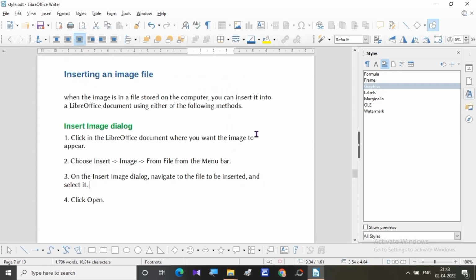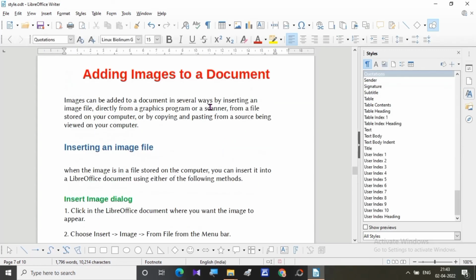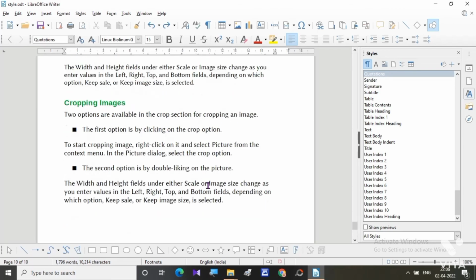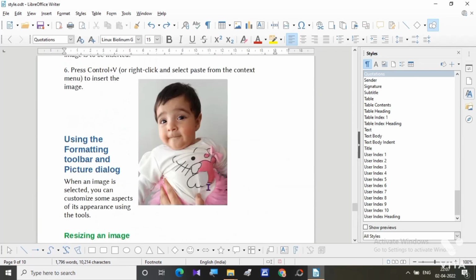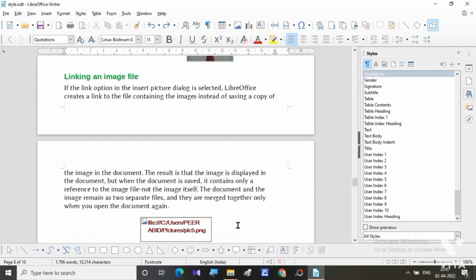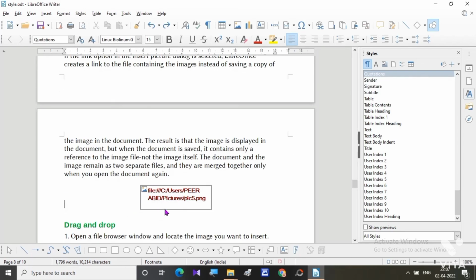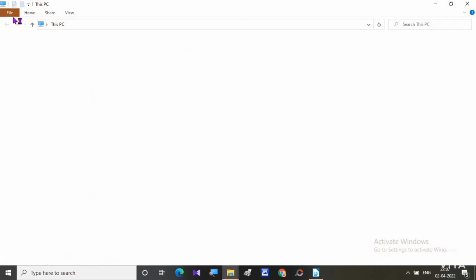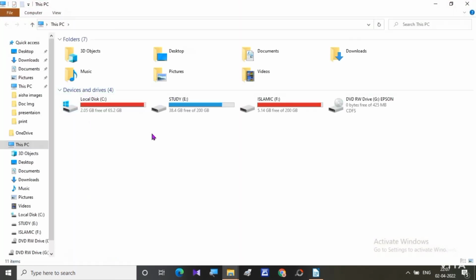For example, like this. Okay, no more. If we want, we will undo it. Now at the end of the video, I will show you how we can resume that image, which was a linked image. Here the image was. We will resume it by going to the source file. In the source folder,